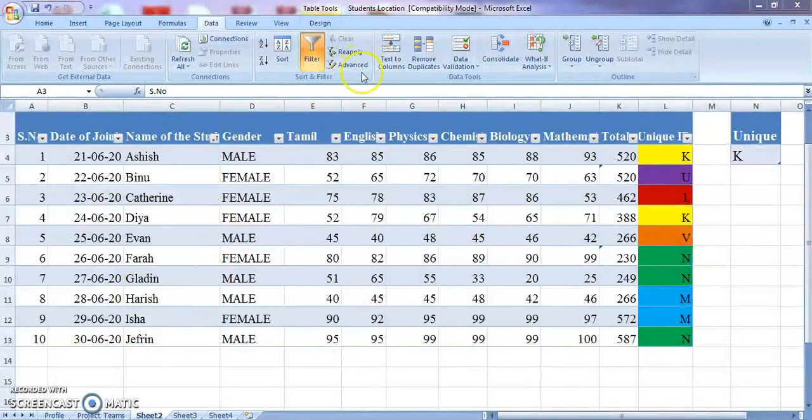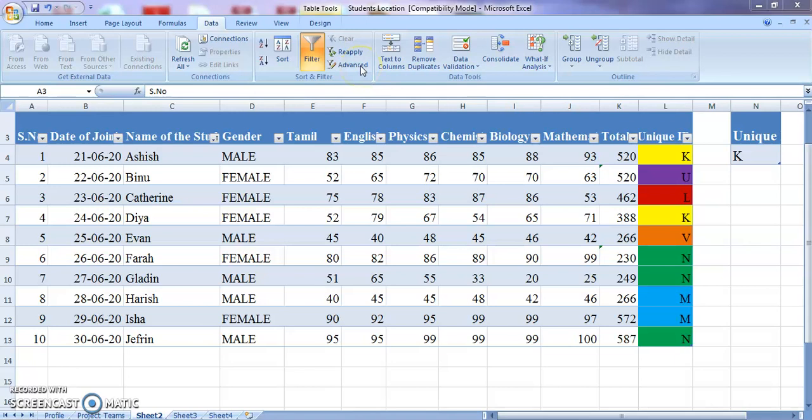In today's video, we will be looking into some of the advanced filter options available in MS Excel. Now, what is the difference between using the basic filter option and the advanced option? Whenever you apply a basic filter, the worksheet will have only the filtered data and not the source data. But if you want both the source data as well as the filtered data in the same worksheet, or you have to copy it to a different location, both can be done using the advanced option. This is why most people prefer the advanced filter option.